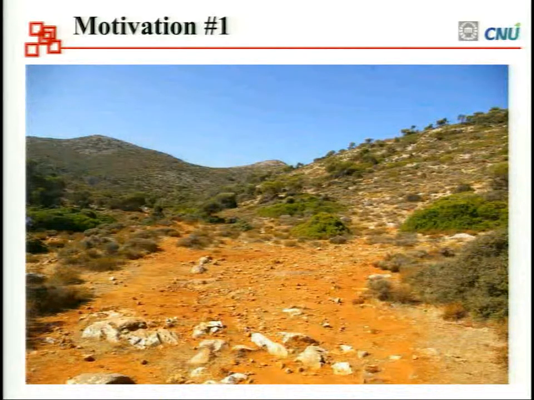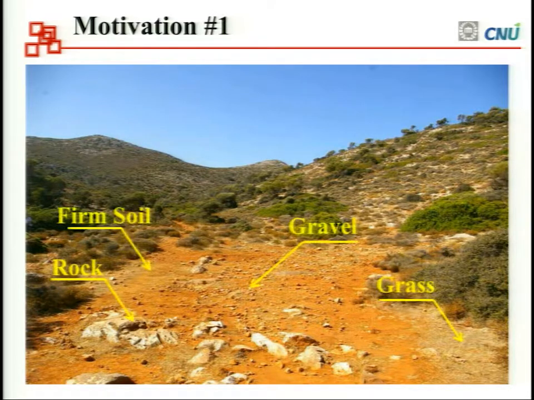First of all, the robots have to deal with two kinds of characteristic changes of rough terrain. First is the change of soil types, because the surface is composed of various soil types, such as firm soil, gravel, and grass, and so on. Second is the change of surface shape, because the geometry of the terrain differs, like slopes.